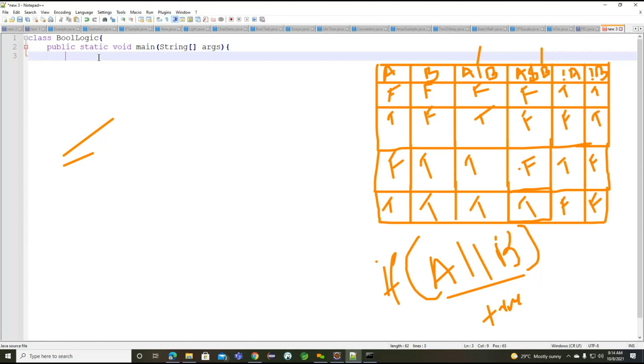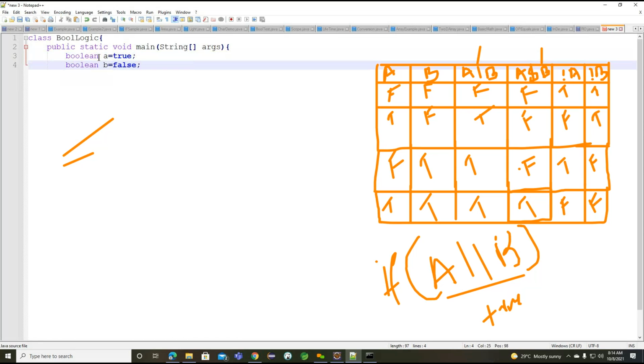What are the values we can take here? Something like Boolean A is equal to true, Boolean B is equal to false. I want to make A value true and B value false.